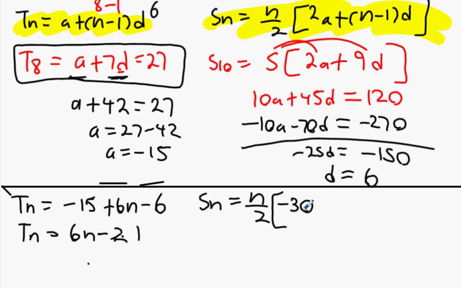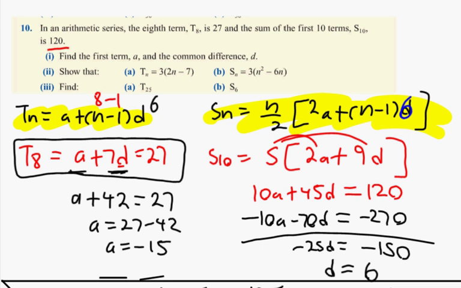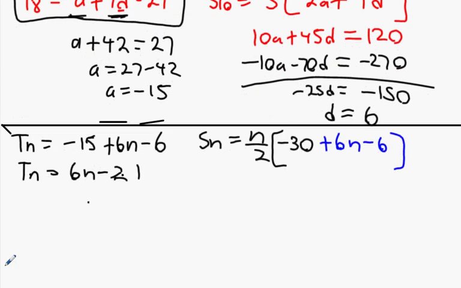D is 6, isn't it? 6 multiplied by n minus 1? 6n minus 6. And then what does it want me to turn them into? It wants me to break them up into that one and that one. I'll be with you in a second on that front. Okay? So Sn equals